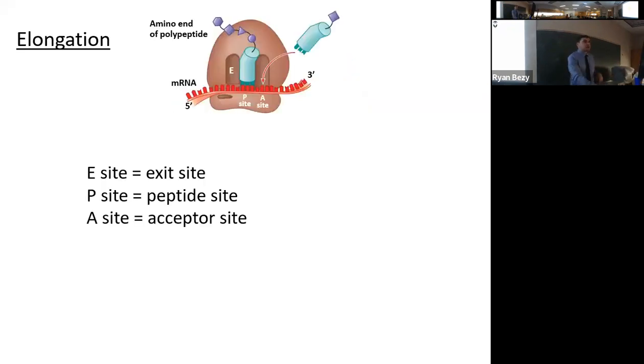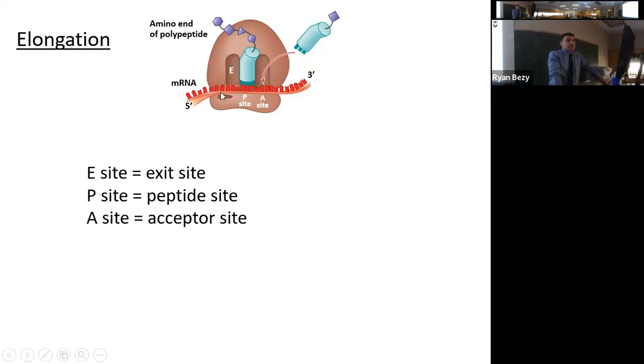What we're going to talk about now is what more happens during elongation, and take a closer look at some of the different things in the ribosome. So what I have here is just to give you guys a little bit of different things. Here again, I've flipped it a little bit. This is the 30S subunit. This is the 50S subunit. In red, I've got my messenger RNA molecule.